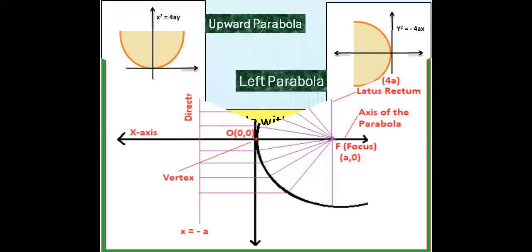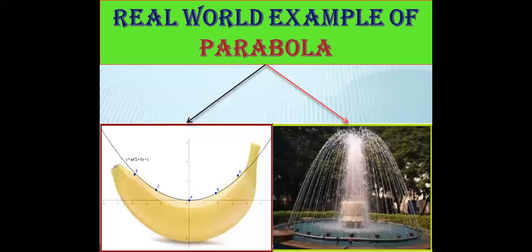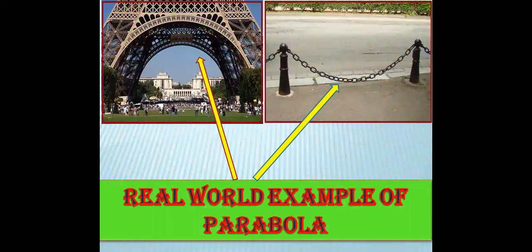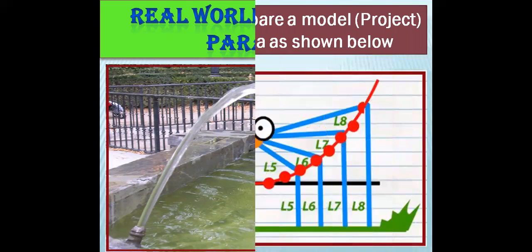Next, the teacher can provide such a picture to the students so that they easily understand each and every component of the parabola. Now, this type of activity can be given to the students in which they make different types of parabolas along with their equations. Now, the teacher can relate the concept of parabola with real world situations. Real world situations may be like this: iron barricading, the Eiffel Tower, and this is a tube well, water from the tube well. All these explain the parabolic path.